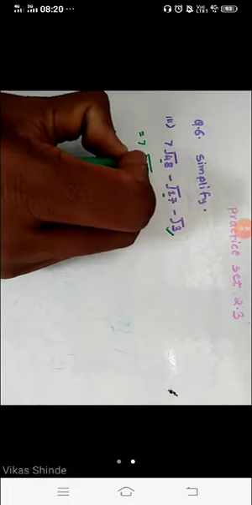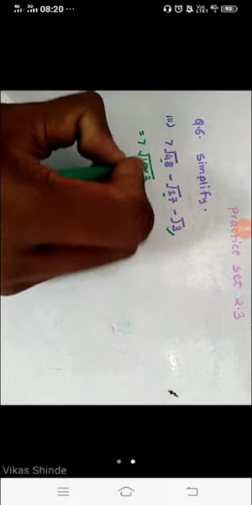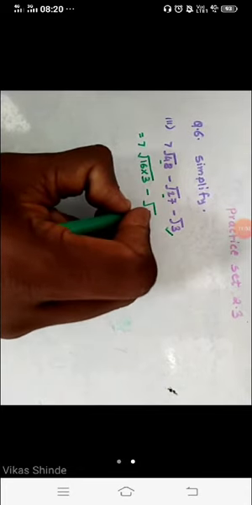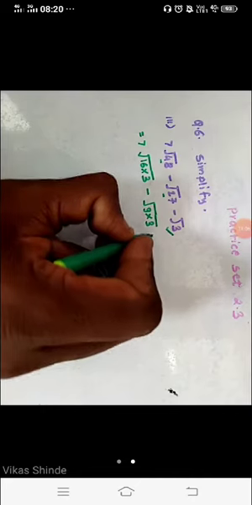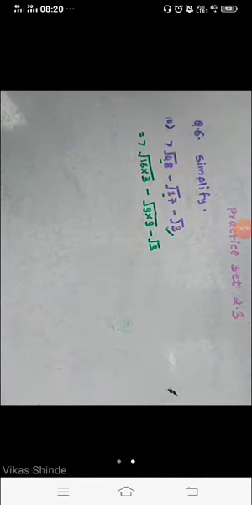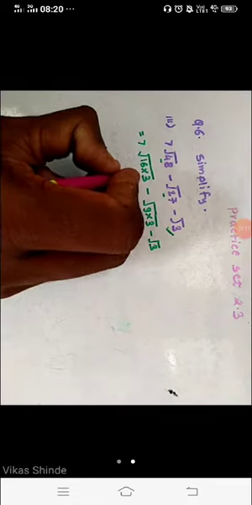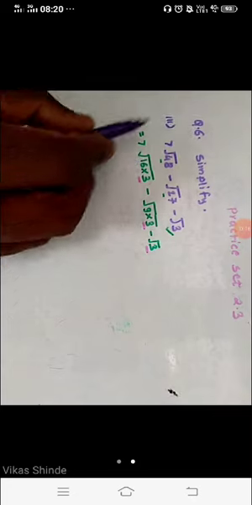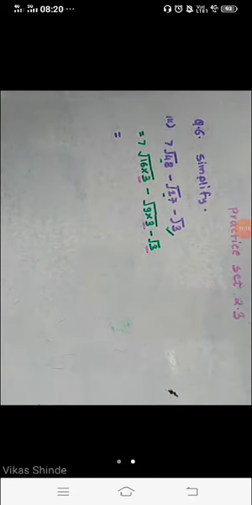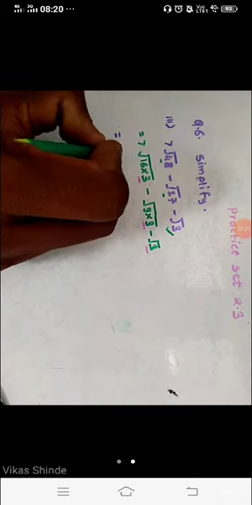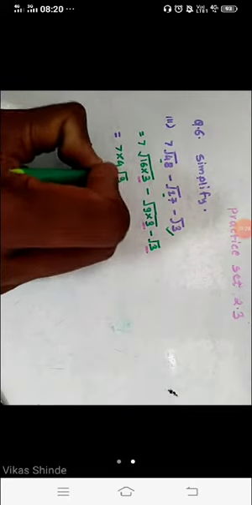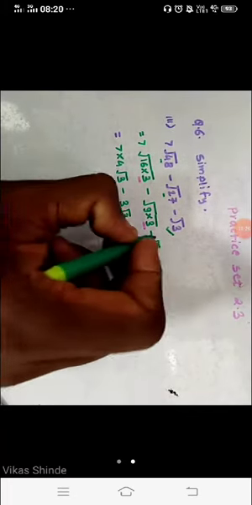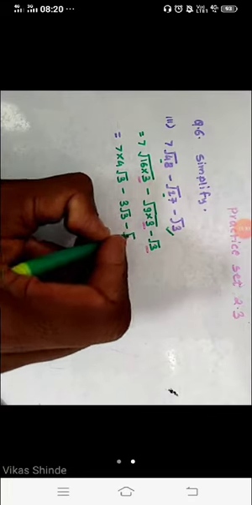If we divide 48, 16 3s are 48. Now minus, if you divide 27 by 3, we have to write 9, 3 nines are 27, and then minus under root of 3. Now look here, in all places there is 3. Now we take the square root of 16 outside, and that number is multiplied to the coefficient: 7 into 4, under root of 3 remains. Minus sign, take the square root of 9, which is 3, under root of 3 remains, and here is under root of 3.